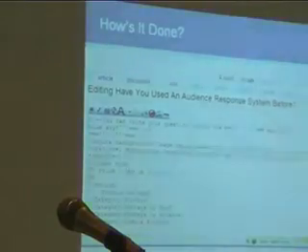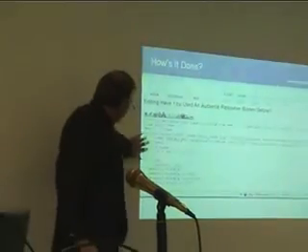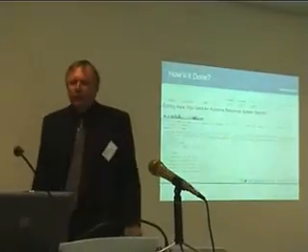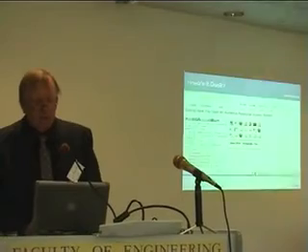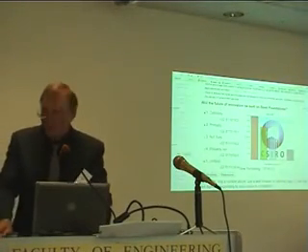Then this is how you edit a normal page on Wikipedia, but in our extension, we added one new tag, which is this choice tag, and then we process what happens in there to produce what you see here, and we've got 10 responses now. I'm very pleased with that.